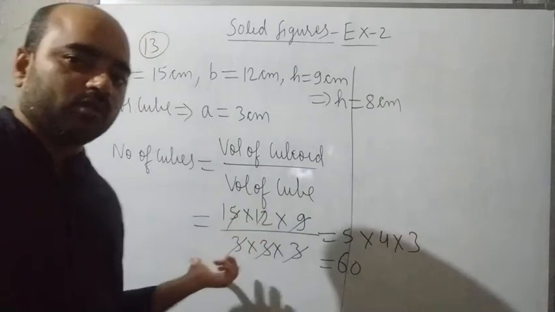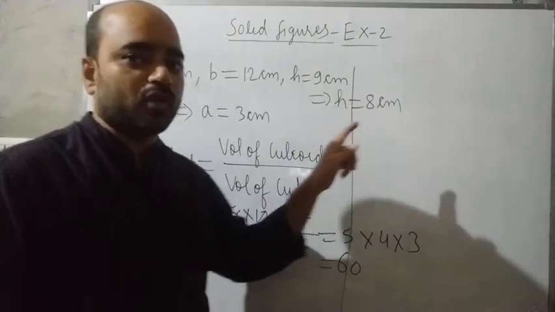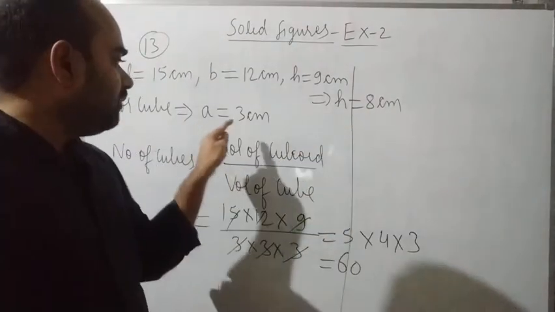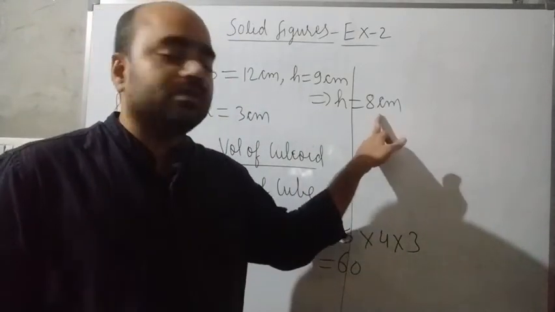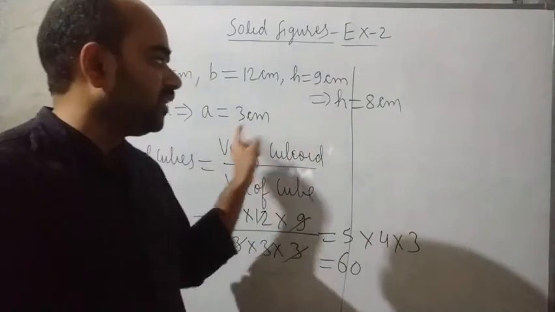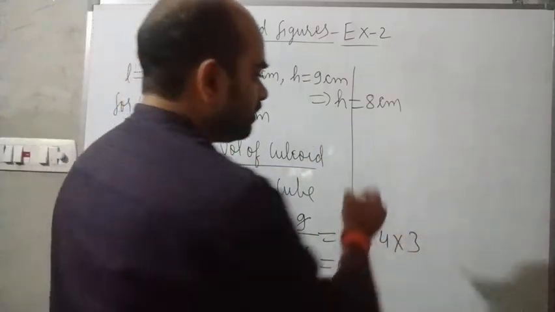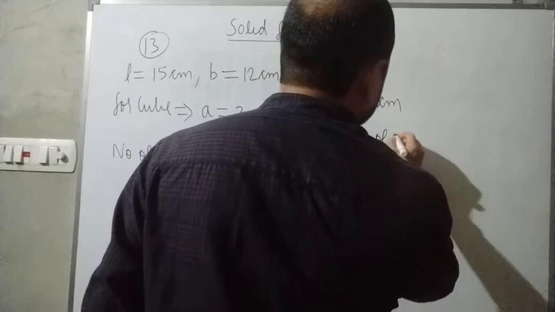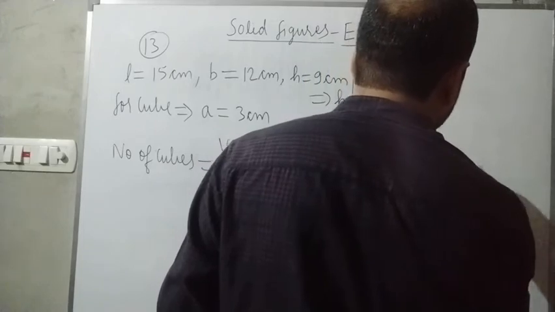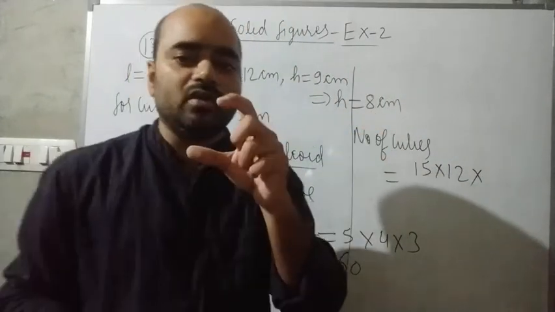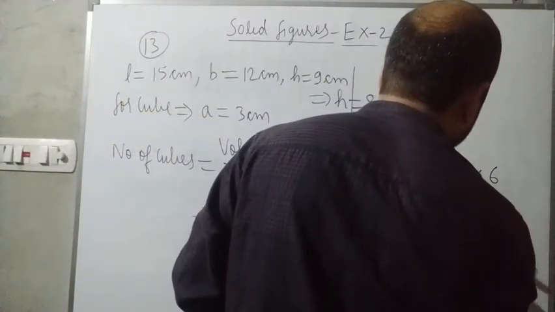Then what is the formula? Again, the formula is the same, but you have to remember that the edge of the cube must divide all the dimensions. So the problem is with 8 centimeters. When you divide 8 by 3, 3 can only divide up to 6. So what is the multiple of 3 in this new height? The multiple of 3 in this new height is 6. It means the same formula, but it is also given 15 into 12 into 8, so we have to take only the multiple of 3, that is up to 6. 6, and then 3 into 3 into 3.